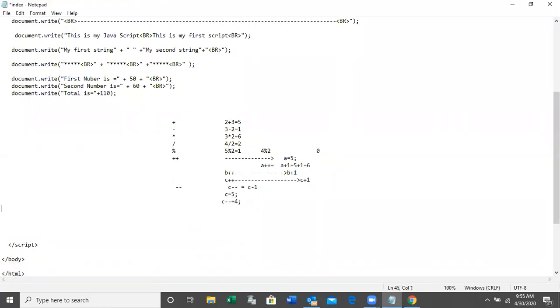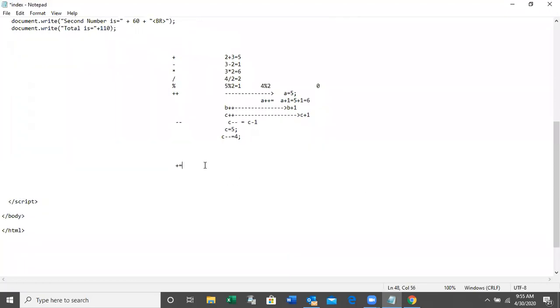next operator is plus equal. Plus equal means what? Say, if I write A plus equal 5, can you understand the meaning of this?